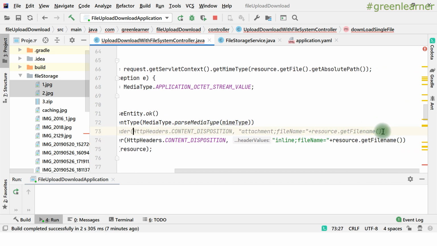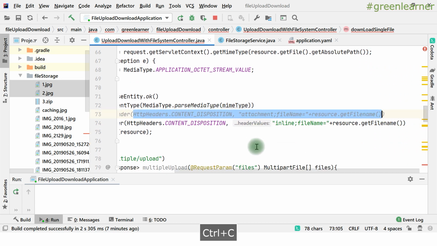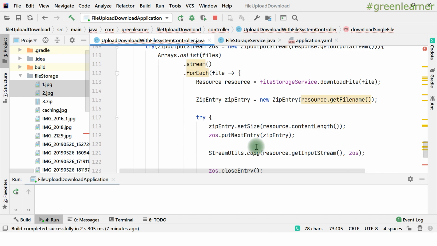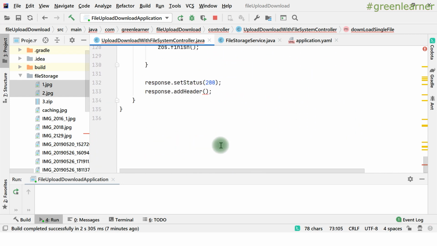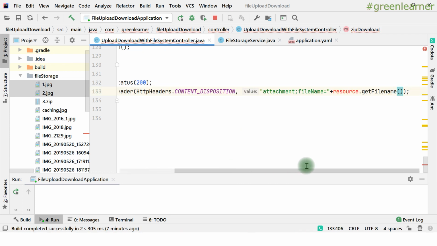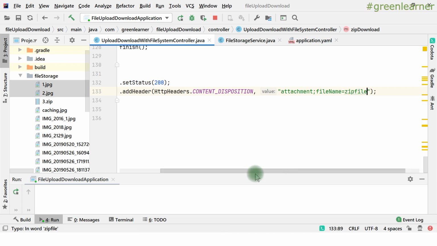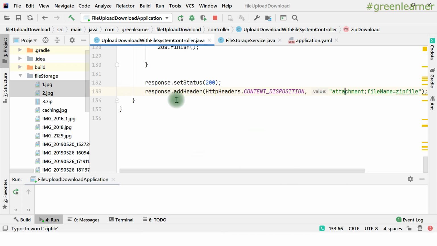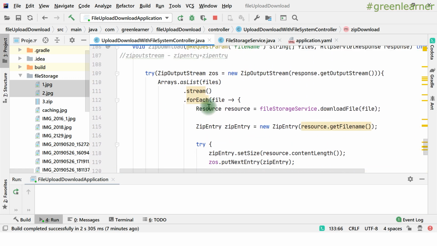By the way, it has taken care of that automatically, but to clarify that it is doing that, if you want to put that manually, you can put that as well, right? So this is how we can set content disposition, and here we can give the name of the file. So this customization we can do, right? So for the zip file, if you put this one, it is going to honor what you have given here, right? If you want to modify that, you can do that this way.